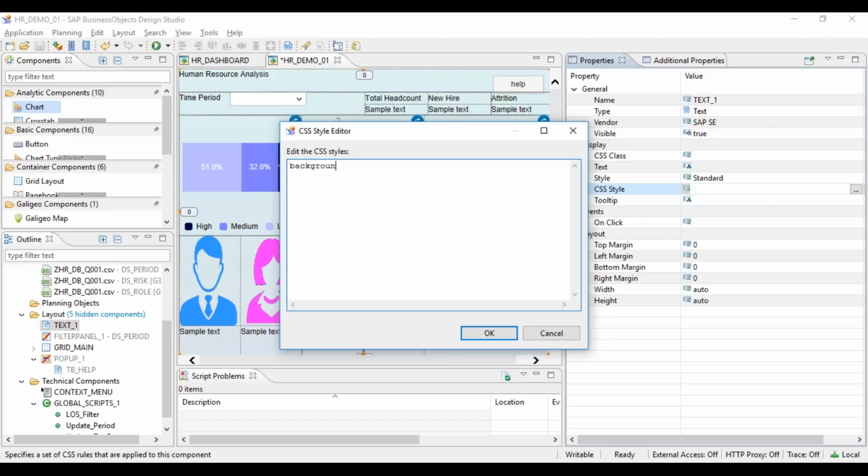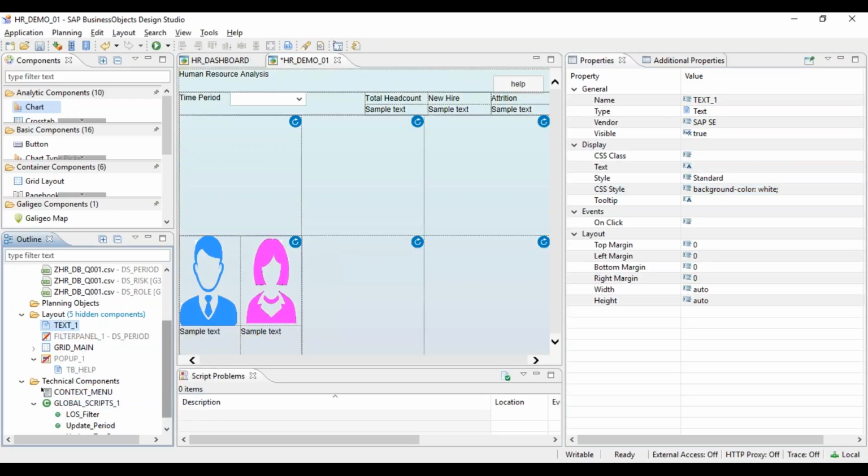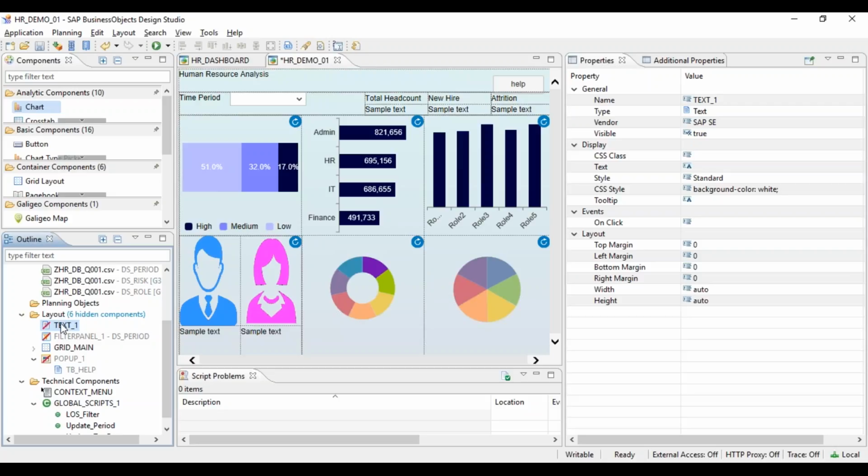So you can say background color white. So now the background color of the whole dashboard is white. Instead of the whole dashboard, you can put background to each component also. So if you don't want to do that, I'm just hiding this component for now.